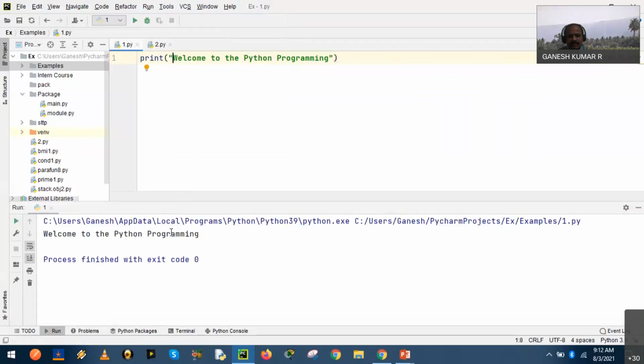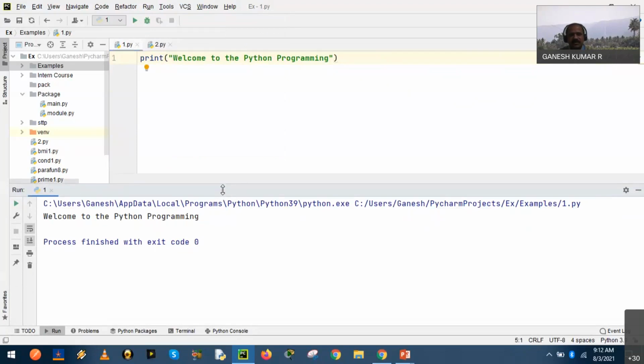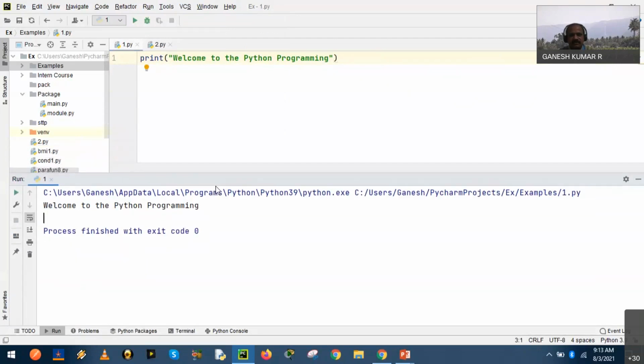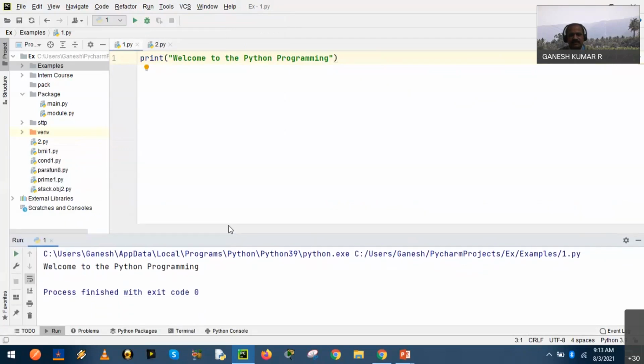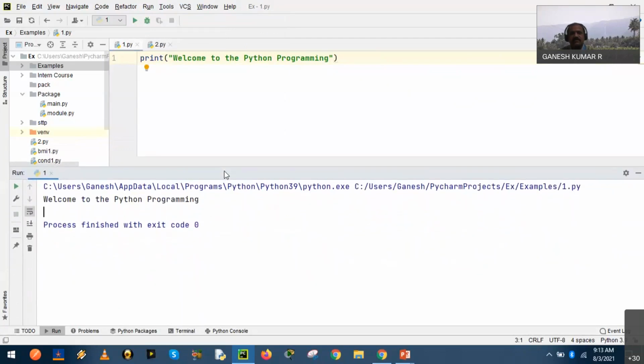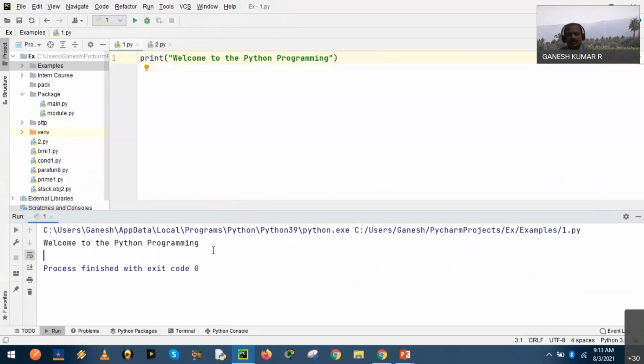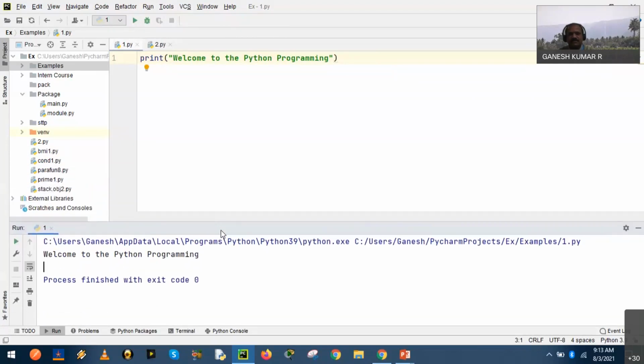As you could see, the output is displayed in the lower compartment. This output could be stretched. We can stretch up and down according to our convenience. If you want to check the highest outputs, then we can stretch up and down. It is stretchable. The output compartment could be extended or reduced. The size could be reduced according to the input. The output by default will be displayed at the lower compartment.